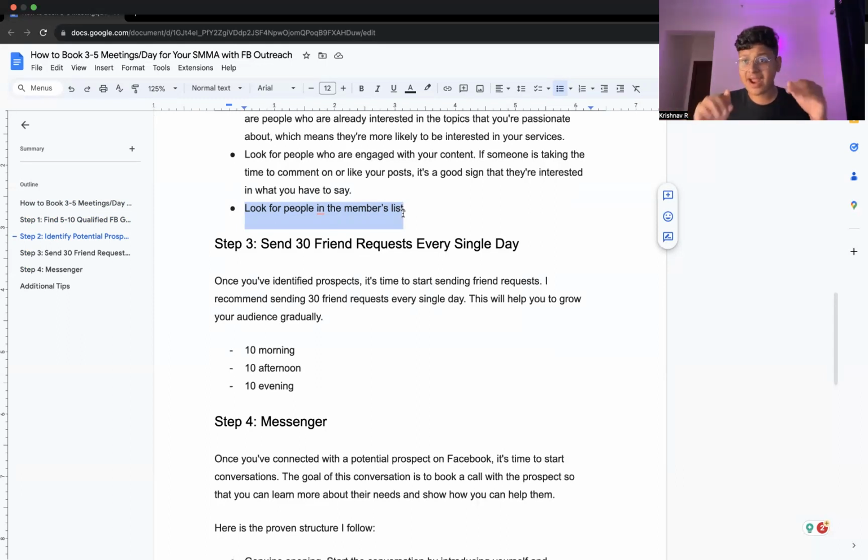Now, in terms of adding people, we're restricted to 30 per day, especially if you're just starting out. Okay. Because if Facebook's algorithm notices you doing anything more than that, they will probably consider you a bot and can shadow ban you. And that's not something we want. It's better to not do something at a big scale than to be completely shut off by Facebook, right? So once you've identified the prospect, it's time to start sending friend requests.